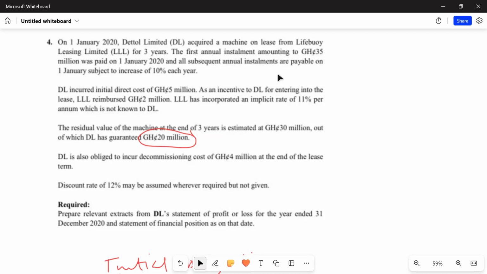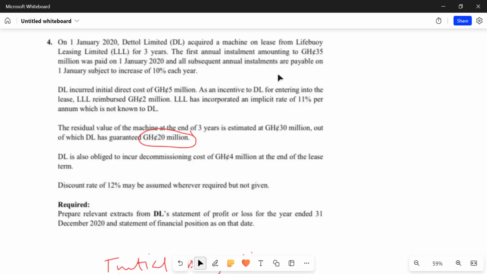It can be installation cost. It can be handling cost. It can be testing cost. It can be site preparation. It can be any of the direct costs that the company is going to incur to make the asset ready for its intended use. But the cost is 5 million. But what is happening? The lessor is reimbursing 2 million back because of the unguaranteed